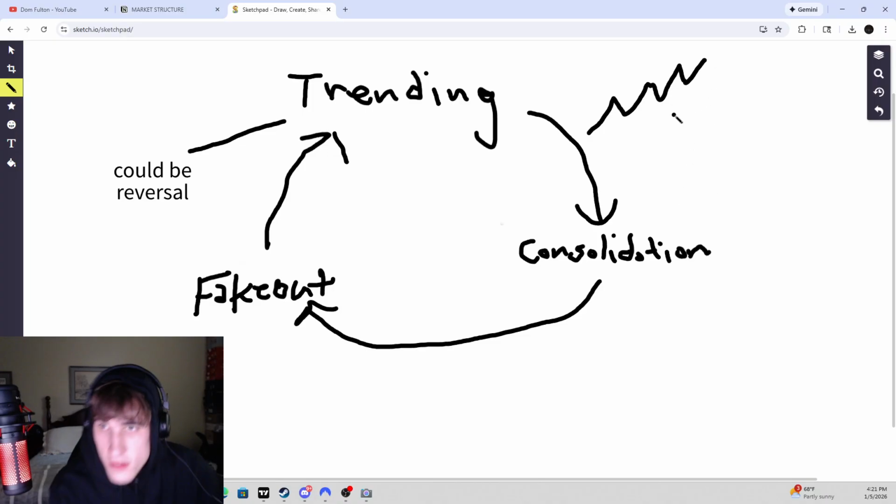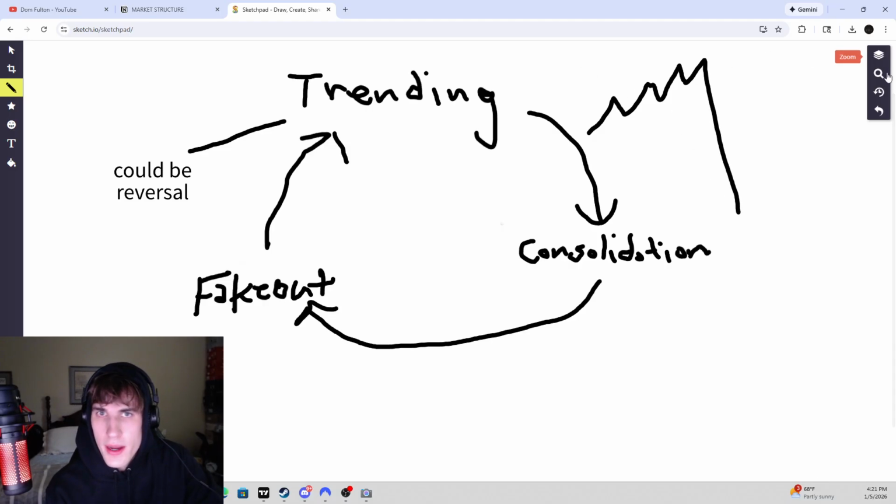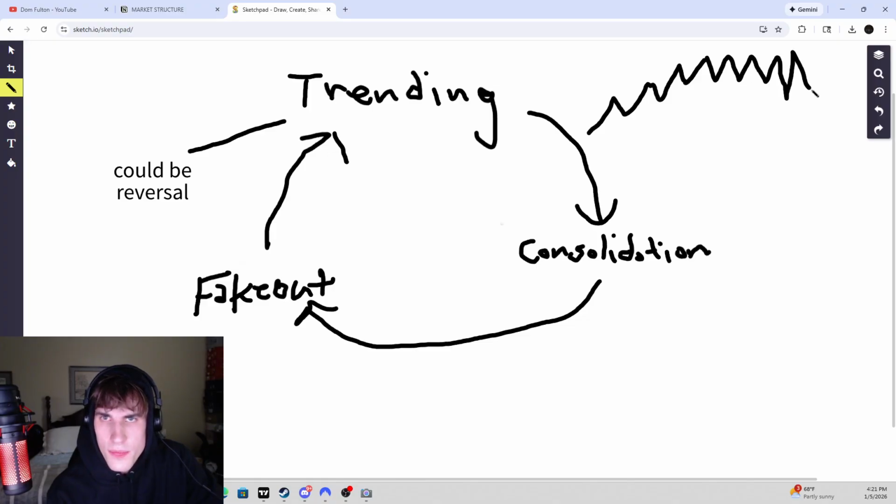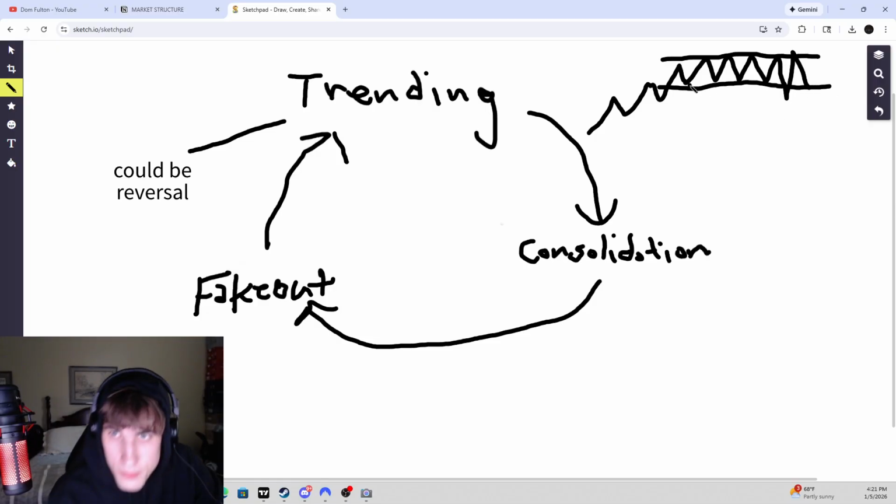Okay. The market's just not going to continuously go up, and it's not going to just reverse right away. So what's going to happen is price is going to consolidate. So that's our next little lesson. Consolidation. Remember how in the last episode I told you, if price is making equal highs and equal lows, then